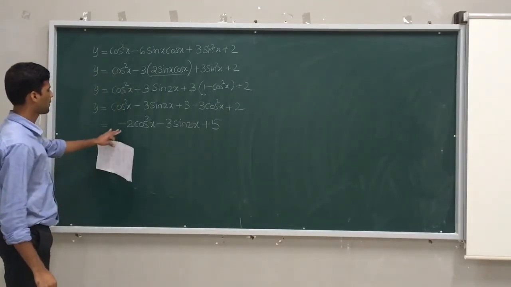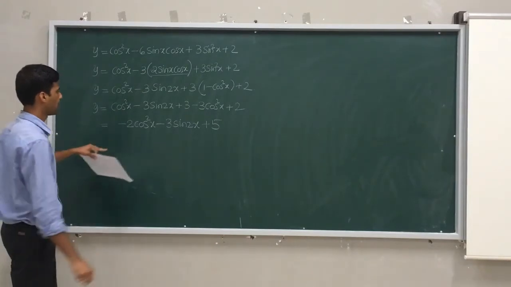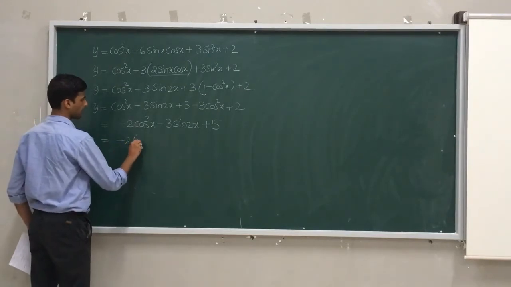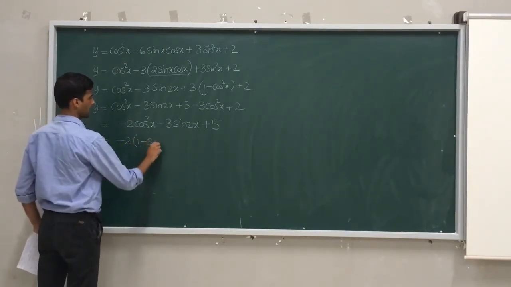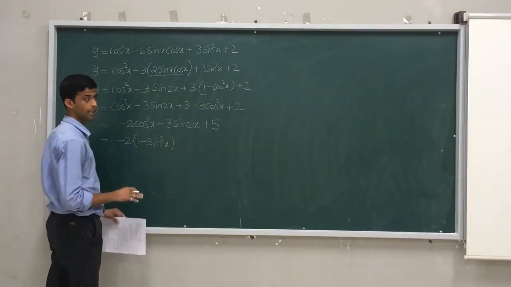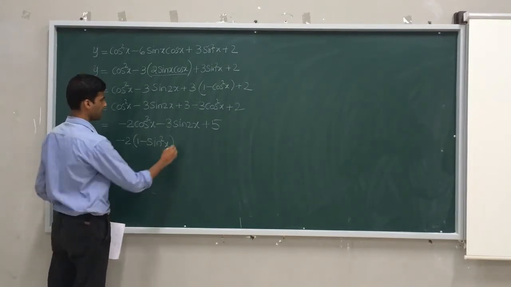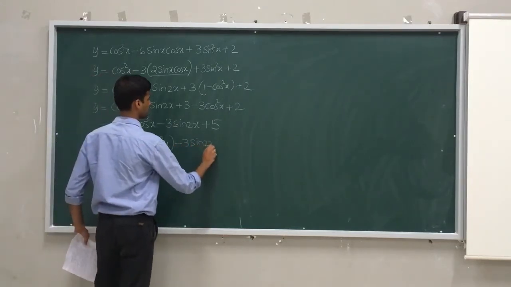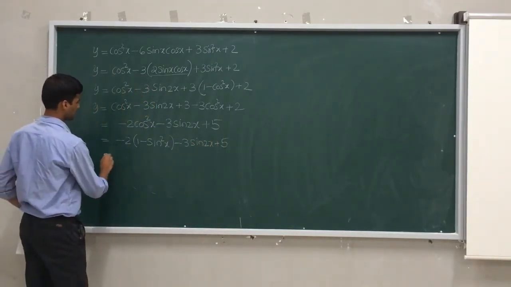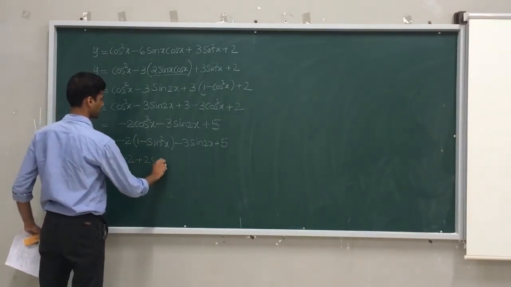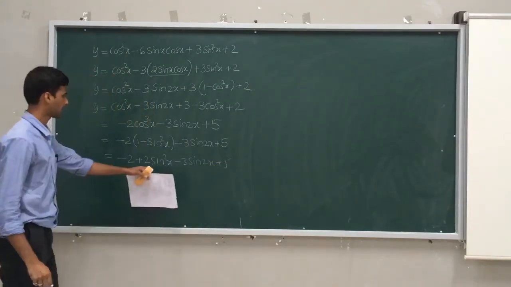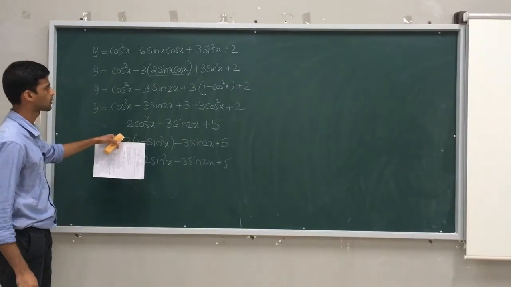Now, I want the least value of this particular expression. So what we will do here is, if I write this as 1 minus sin square x, just keep in mind, if I write 1 minus sin 2x, is it possible to work it out? That we have to think. If it is not possible, then we will see another method. Now, if you observe this, you will get minus 2 plus 2 sin square x minus 3 sin 2x plus 5. We got again a huge number with the scale only. So I guess that this will not work.